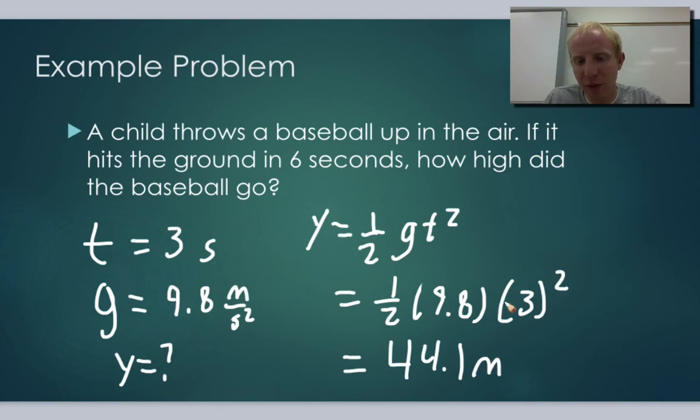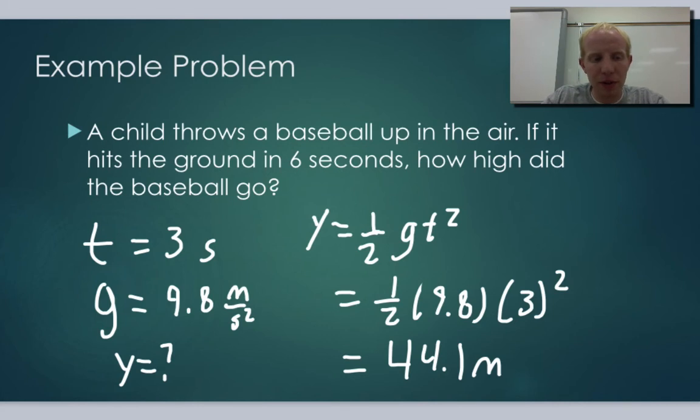Okay, yep, so 1/2 times 9.8 times 3 squared gives you 44.1 meters. So there we go. So still use the same equation, still the same type of problem. You just have to divide the time in half before you plug it in, if it's going up, then back down. Okay? All right, and now there's just one last thing we want to be able to do, and that is